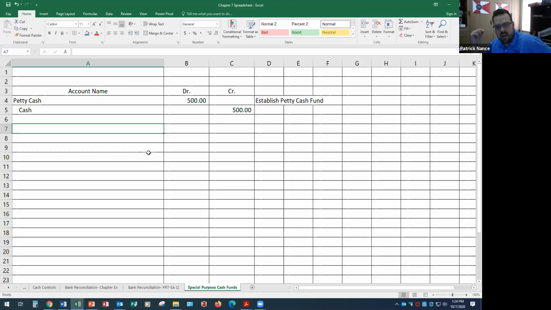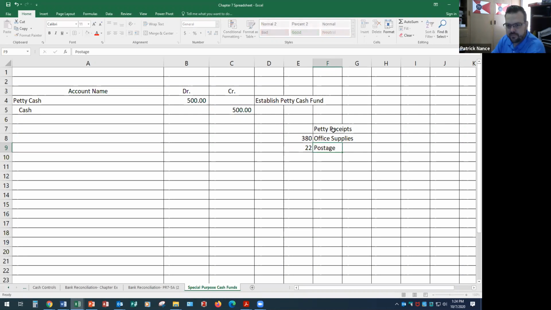So the month goes by, and it's the end of August now, and I go look at my petty cash receipts. I'll just put these out here. My petty cash receipts, meaning the receipts I have in the drawer to record for. I have $380. That was for office supplies. It could be a whole bunch of different receipts that total up $380. I have postage, totals up $22. Store supplies, totals up $35. And the miscellaneous admin expenses